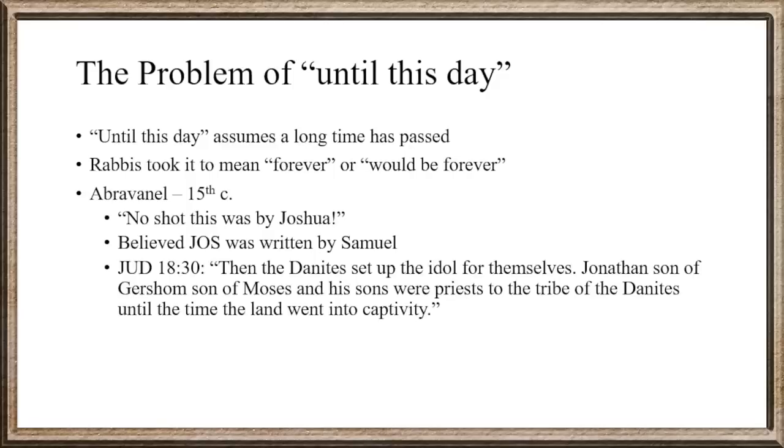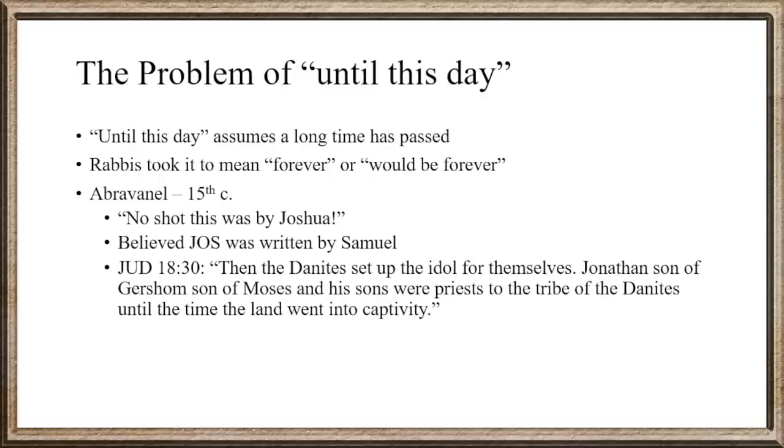He even goes so far as to say that Joshua doesn't even say it was written by Joshua. So why would he think that he wrote it? Instead, he actually thought that Joshua was written by Samuel. He stood with other rabbis in believing that Judges was written by Samuel as well. But even he points out the problems with a view based on that when he cites the fact that Judges 18:30 says that